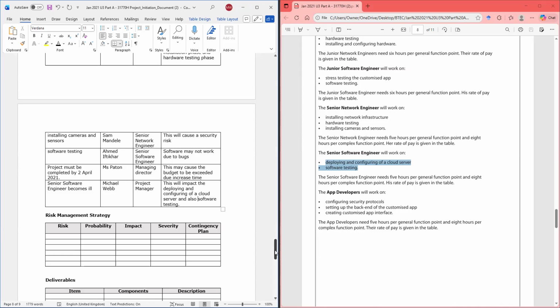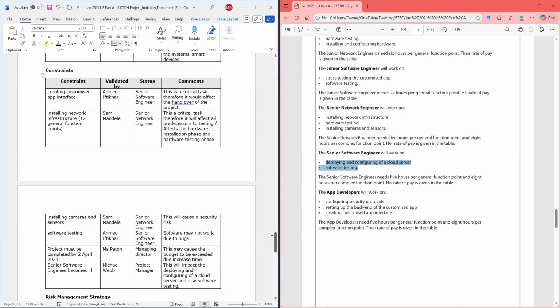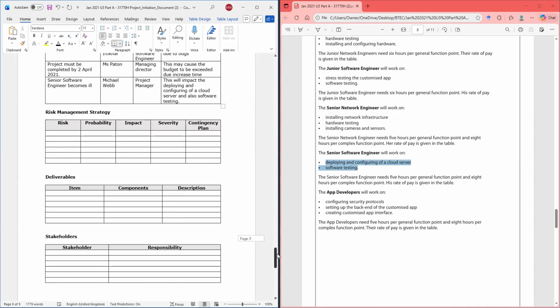So look at what happened. Everything we do is from the set task brief. So you can use that method when you go to the exam. What you should do is practice before the exam so you know what you need to put on your paper so that you can get the maximum marks for each section.